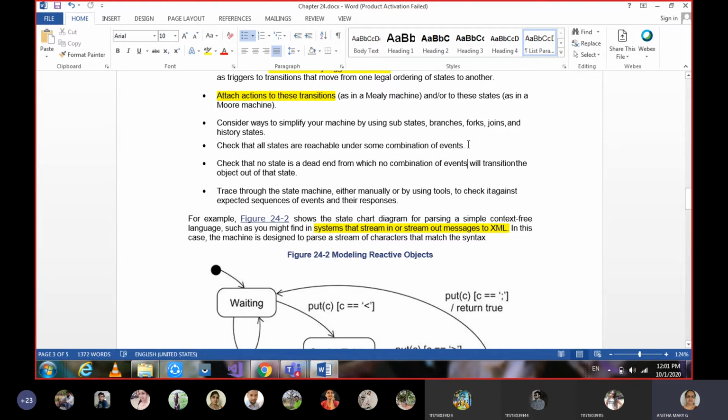Sometimes there may be some states which are not reachable. In that case we may say error message, or exception handling, only in graphical representations. No state is dead, from which no combination of events will transfer the object out of that state. And using the tools we can check the responses, the sequence of events and their responses.